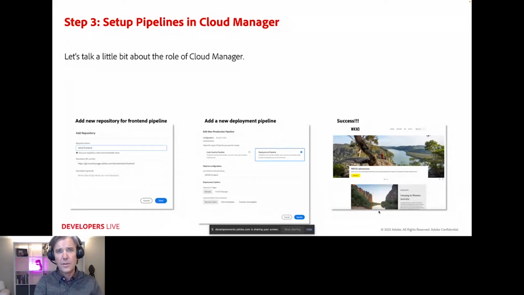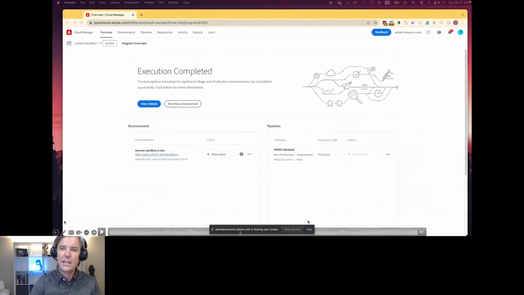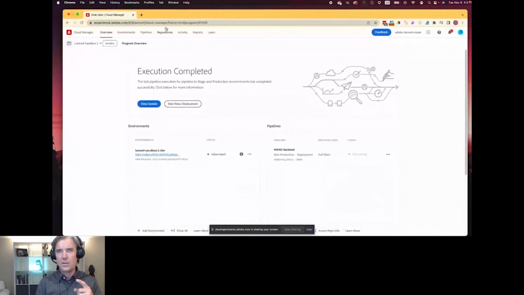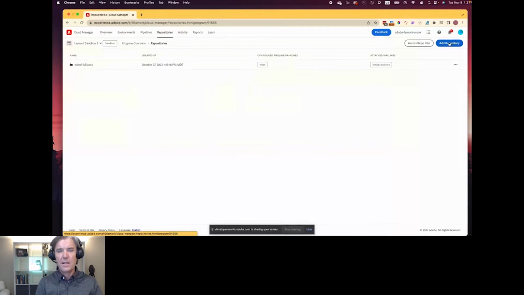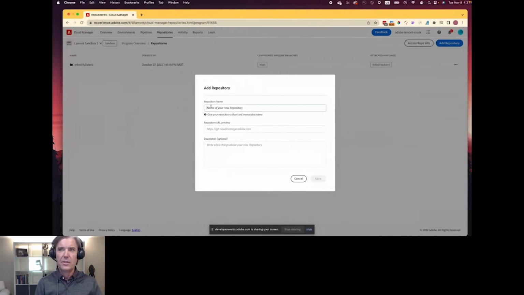And as I go through this, I'll talk you through what Cloud Manager is doing, what its role is, things like that, in case that's new for you. So Cloud Manager is functionality that allows you to self-service in terms of code deployment, management of that code, different administration things such as web tier configs, things along those lines. You can create new repositories. So I'm walking you through here how to create a brand new repository for our front end code.